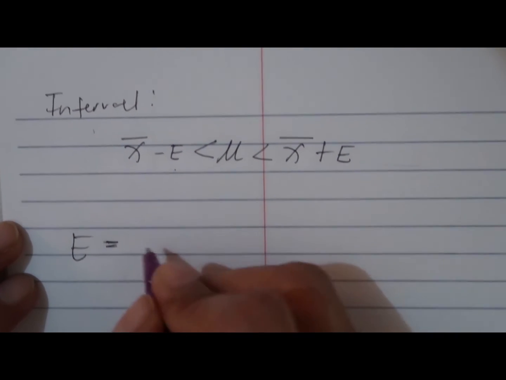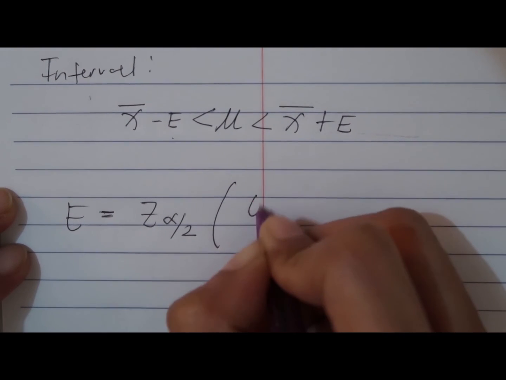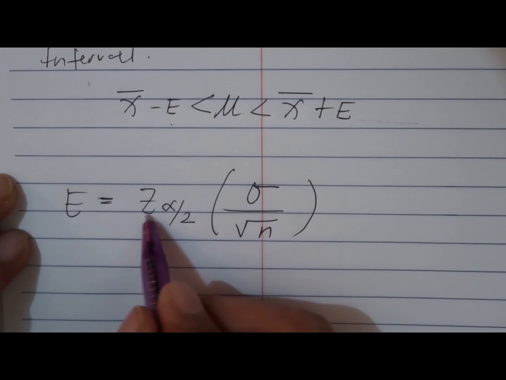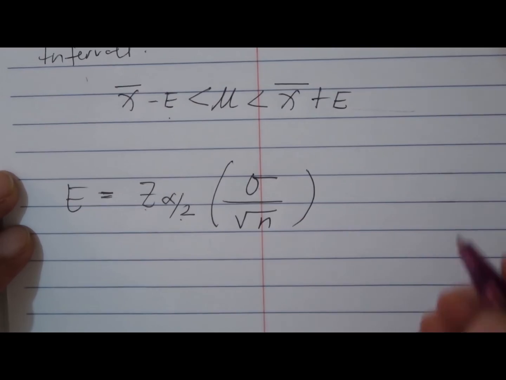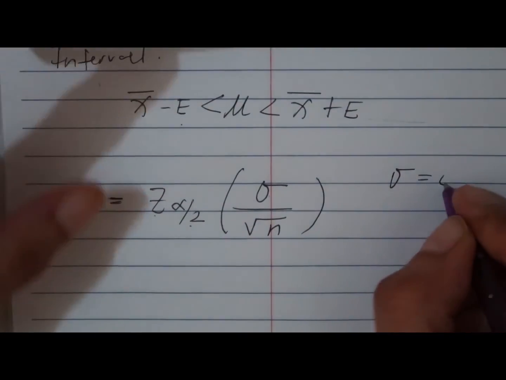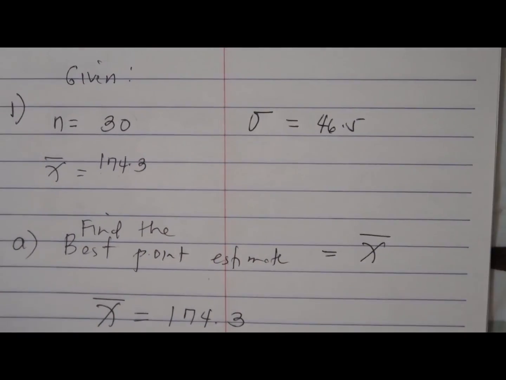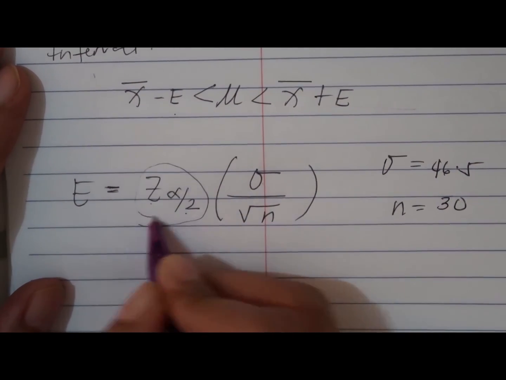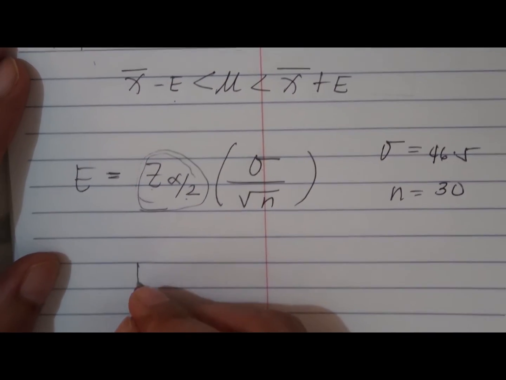E is equal to Z alpha over 2 multiplied by the standard deviation over the square root of n. The standard deviation is already given, which is 46.5, and n is given, which is 30. So what is missing is this one, Z alpha over 2. Remember that 1 minus alpha